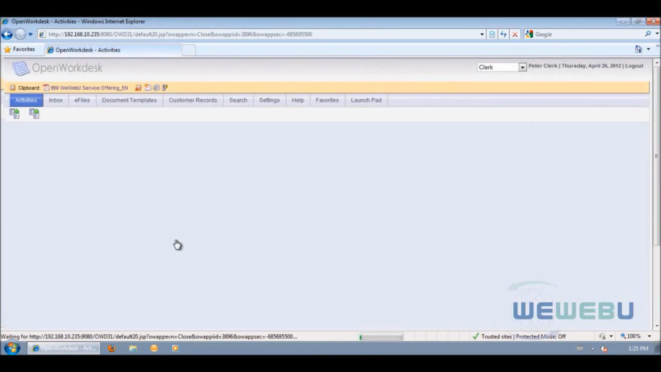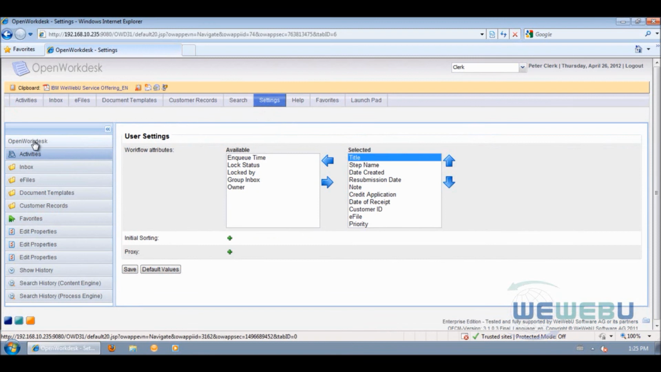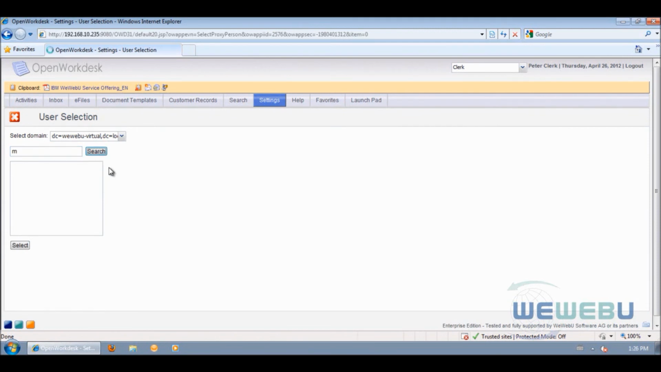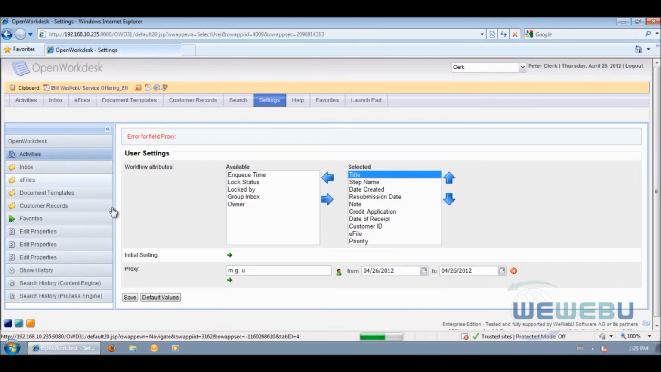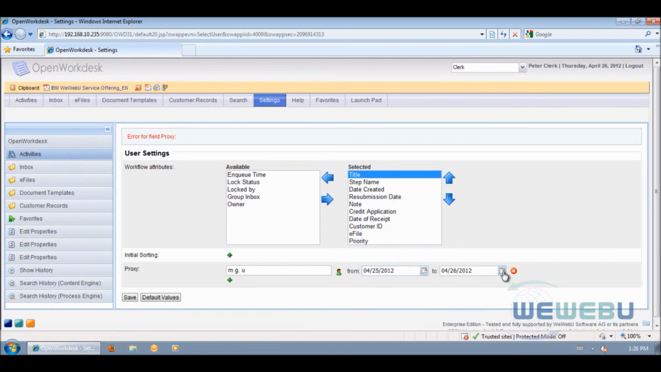What's also possible, as I already said, is that in case of vacation I can set a proxy. Let's say I'm Peter Clerk, of course, and I set a vacation. This can be done in the settings. In the activities plugin I can set the proxy. I can select from a list of users. I will choose the management user, and I will be on vacation from yesterday until tomorrow, and I save this